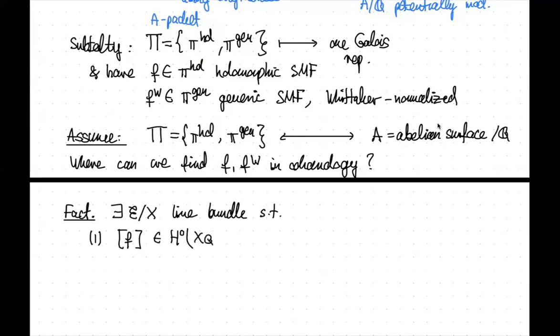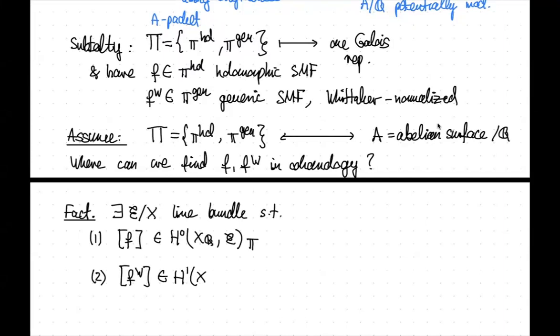And I'll even assume that it's a rational section. So, okay, this is maybe like normalizing F to be rational right now. As I said, there's no good way to normalize F. So let's say F defines a rational section. And this other vector, I'm going to be able to find it in the H1 of this line bundle, in higher degree of cohomology. But now you have these coefficients.